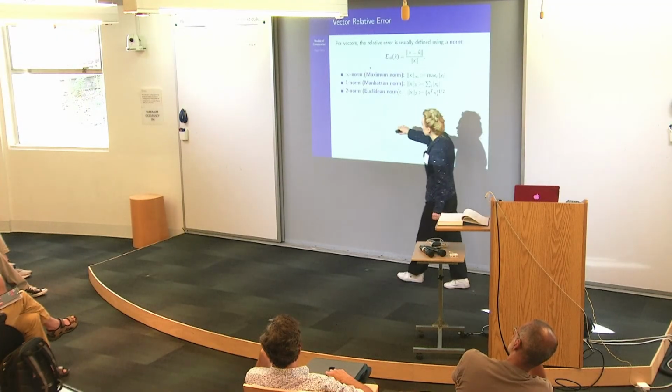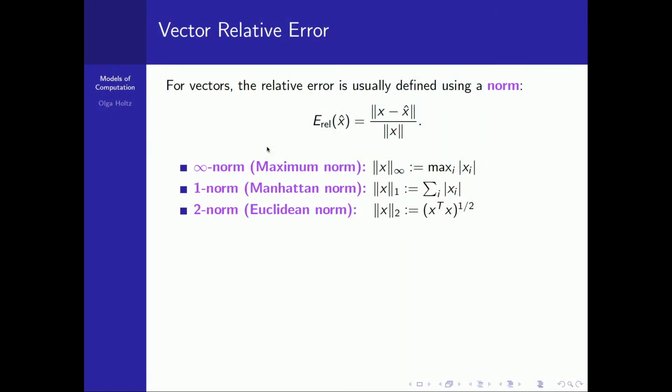This is also known as the 2 norm, the Euclidean norm, the Euclidean distance to the origin, however you want to call it. Maybe there are some other names for this. But these are some of the popular choices. Okay, so for example, if we happen to know that the relative error is bounded by some small number, and here I just wrote 1/2 times 10 to some negative power, okay, then what does it tell you?